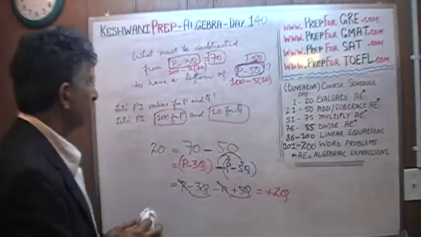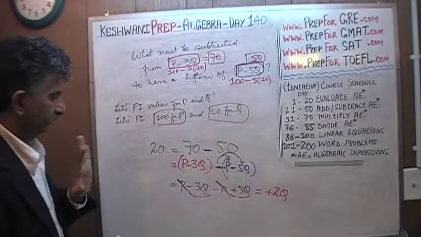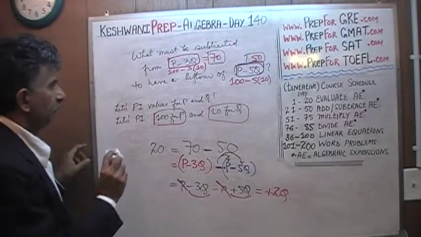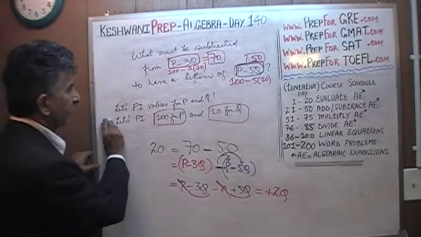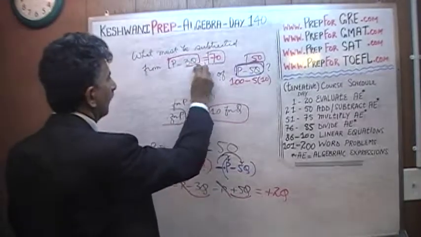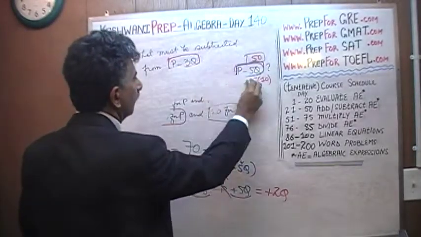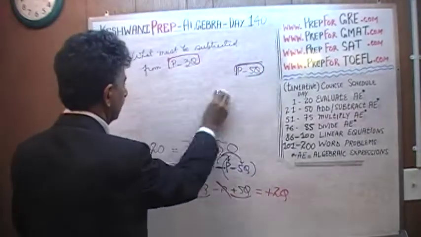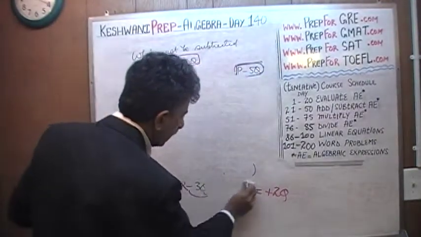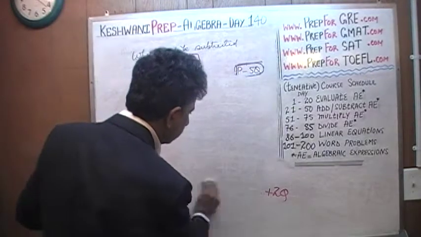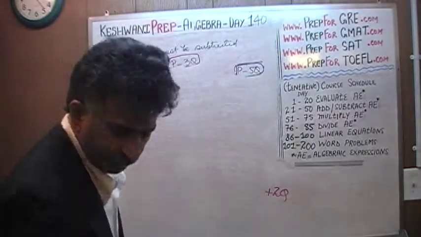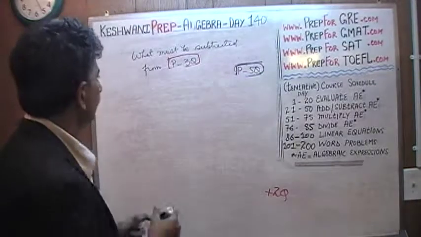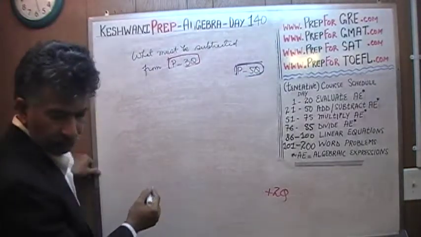I'm going to erase everything that we do not need, okay? Everything is going to be gone. I'm just going to leave the part that we need. We're done with the problem, that's it. The question was, what must be subtracted from this quantity P minus 3Q